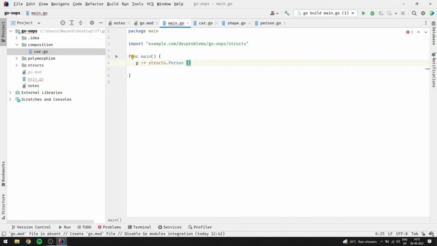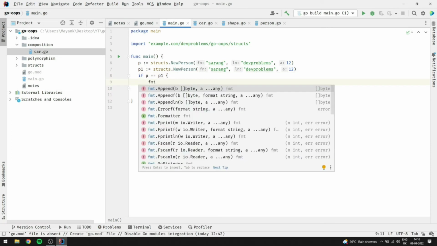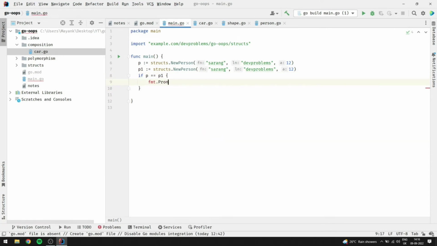and here I will use that new person method, which will take name as, let's say, Sarang, and I will write dev problems, age, let's say 12. Okay, I'll copy the same. I'll keep the content of both the objects same. P object has the same first name, last name as P1, the same age. So if we just compare these two structs using the equality operator, you can just print out here saying that